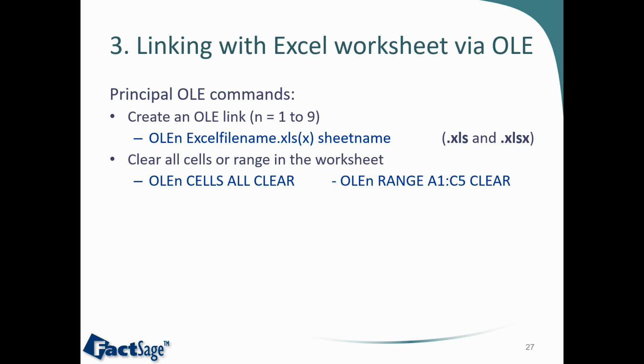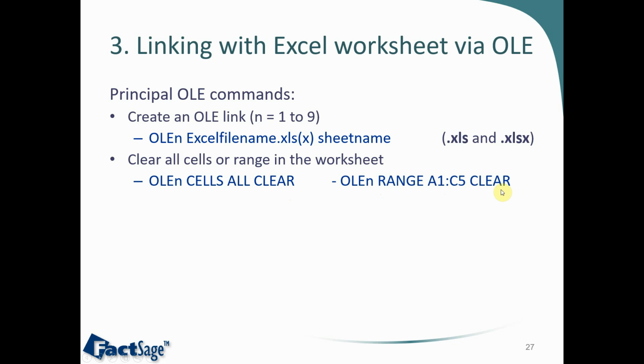So next is the command to clear the entire sheet or a specific range in the sheet. This is interesting, basically to erase previous calculations to make sure you're not mixing up two calculations together. First, the OLE link should be specified to know in which file and which sheet the operation is done, followed by either cells and clear to clear the entire sheet, or range, and then the range reference, A1 to C5 with a semicolon there, and clear to clear a specific